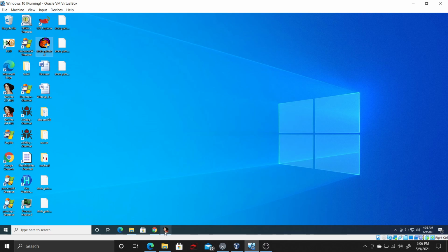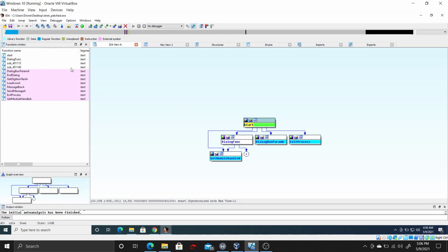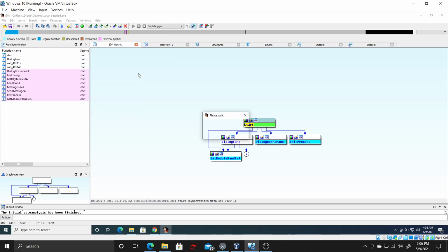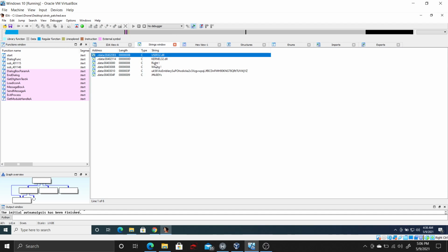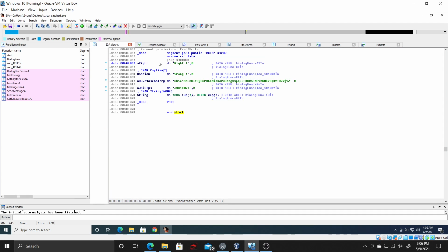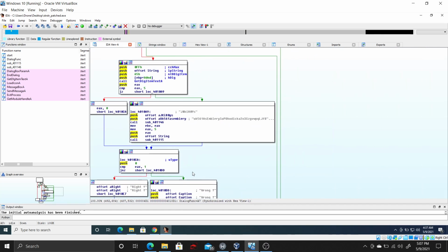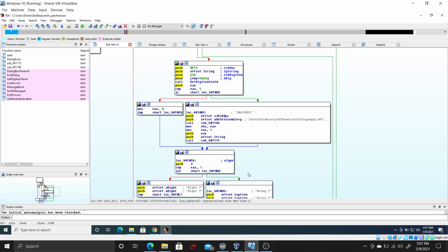Okay, so let's see how I did it. Similar to the previous thing, I will directly jump on to the strings view and go into this control flow graph. Now, the first thing is the name Lucas has 5 characters. Earlier the binary was checking for 8 only. So what I did was I